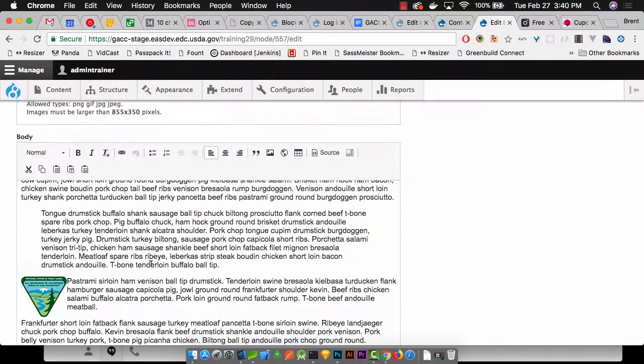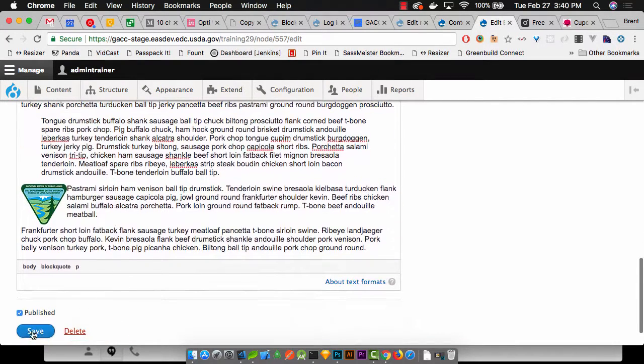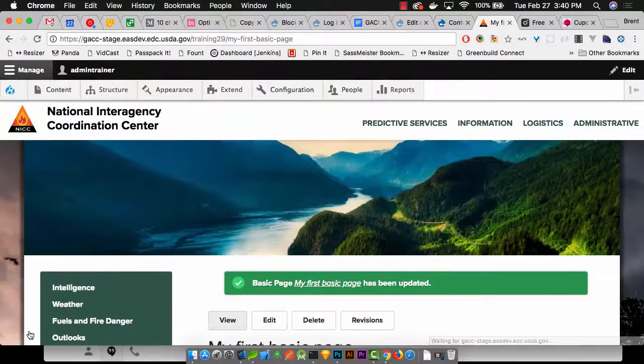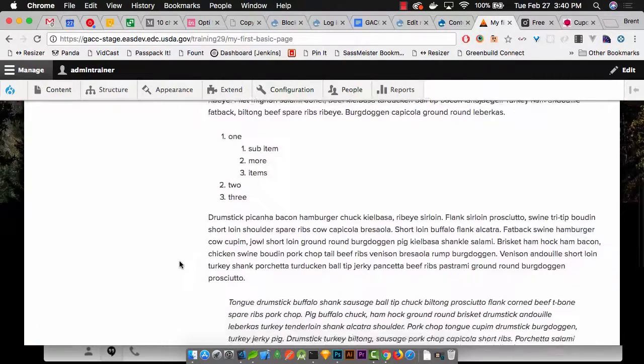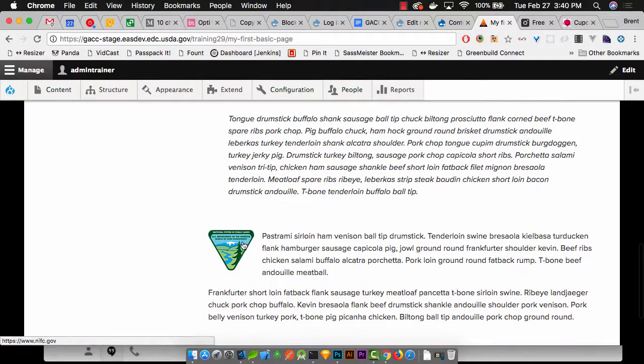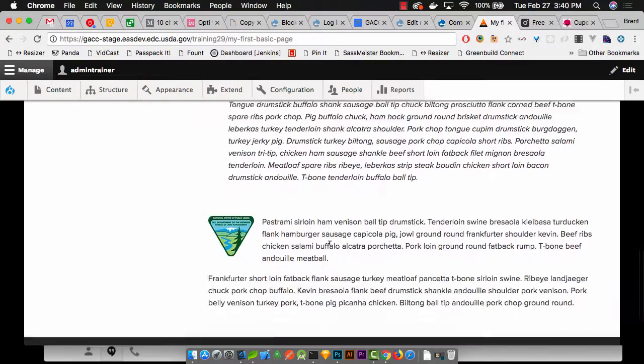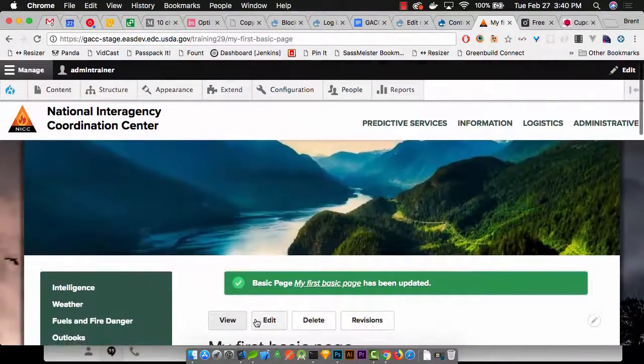Click save. So now I've made some changes, and I want to preview this in context of the site. It's always best. I can see now it's linked. So when I mouse over it, I can see it shows that little hand cursor, so I know it's a link, and I can see the URL below, and it's left aligned. Looks nice. Everything's good. Let's click edit again,